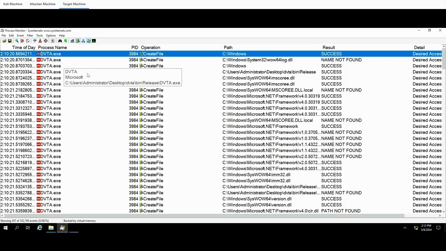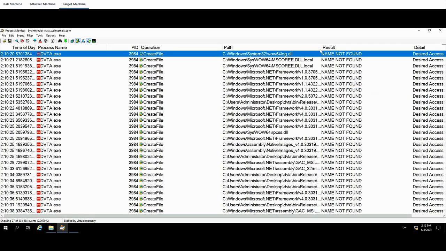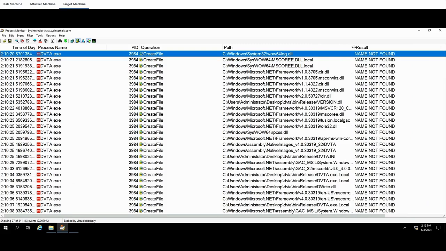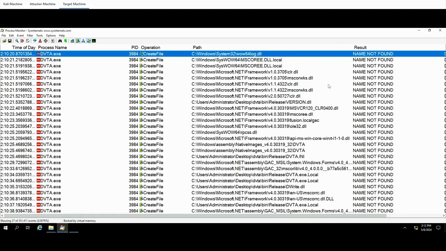And what we can do now is filter for the result and look for instances where a resource or a name is not found. So we can right click on name not found on any of them and just click include name not found, and just limit it to instances where specifically resources have been called or loaded and they've not been found. So let me just resize this accordingly, but we can see that